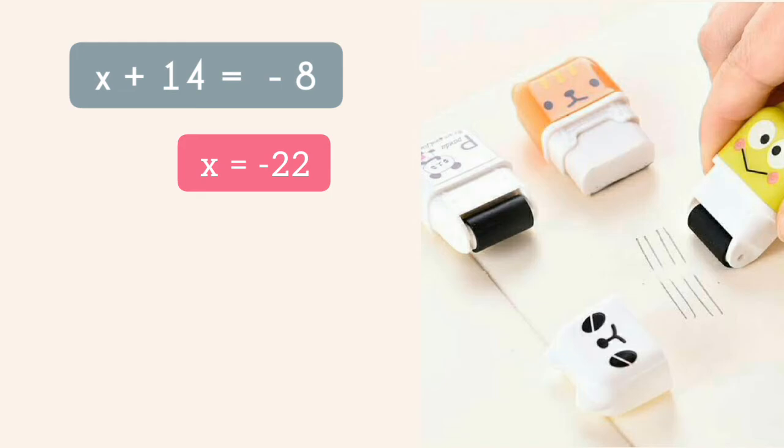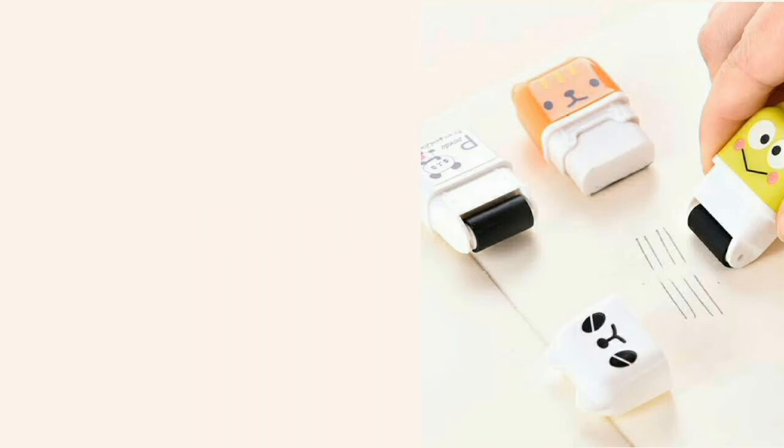There is no need to subtract the right hand side number from the left hand side number. Just simply after that we put the minus 22 in place of x and we get the minus 8. When one is positive and one is negative, the answer is negative. So it confirms that it is a number with a negative sign. We take the next question.